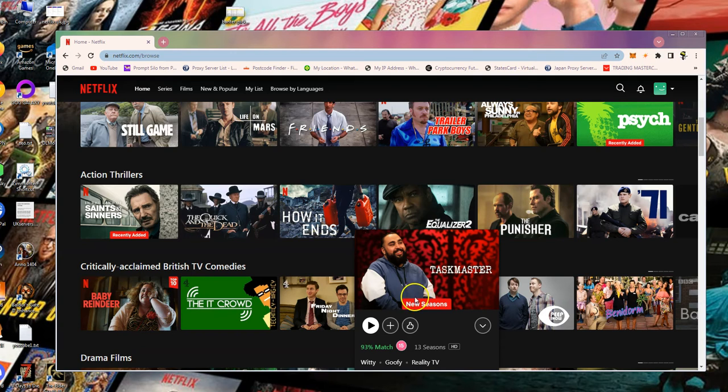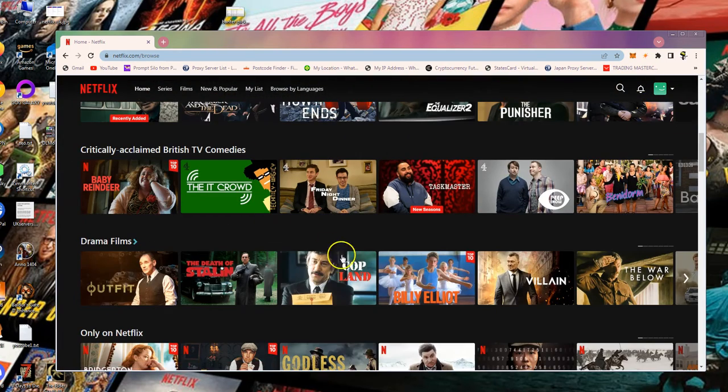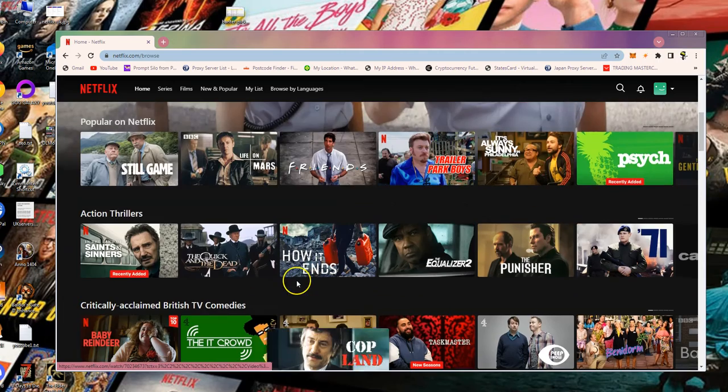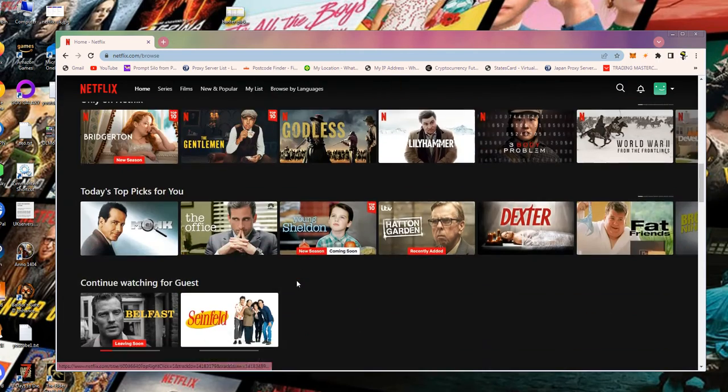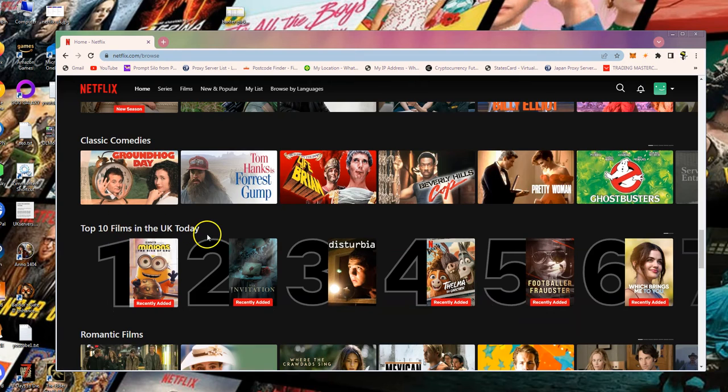So, I'm in the UK, so as you can see in my version of Netflix here, I've got critically acclaimed British TV comedies. I've got a different section here, top 10 films in the UK today. And basically the catalogue is distinct to the UK. If I went on holiday to Spain and logged on from my hotel in Spain, I'd get a completely different set of